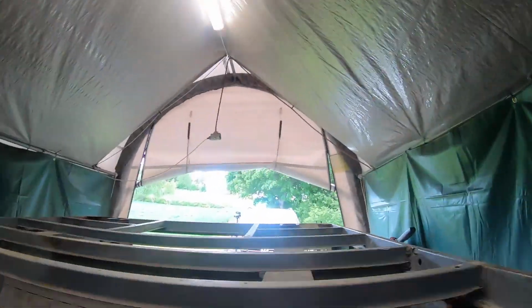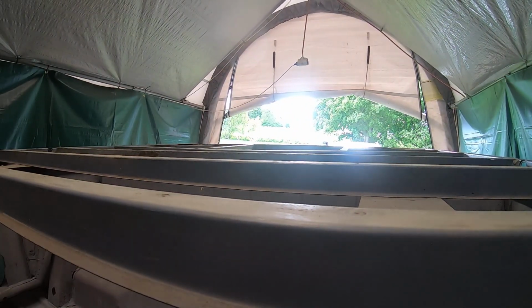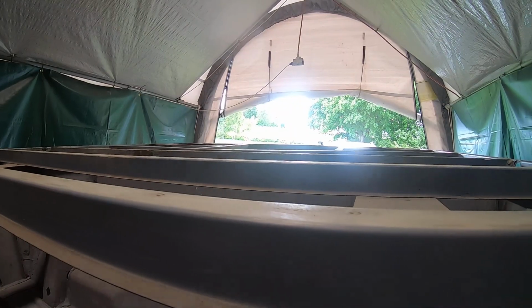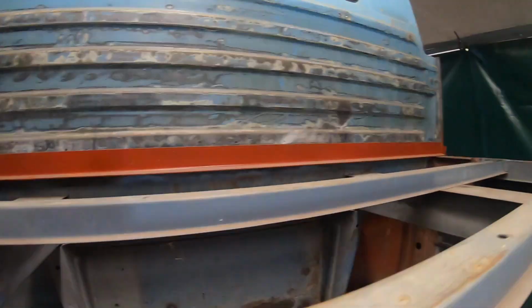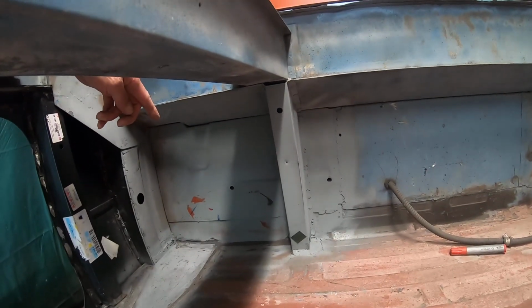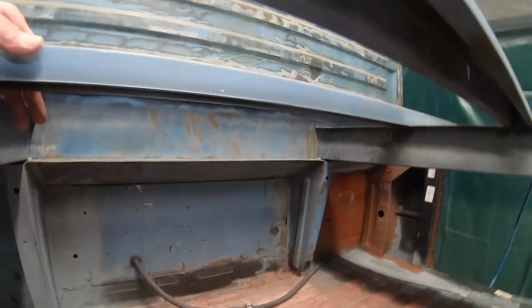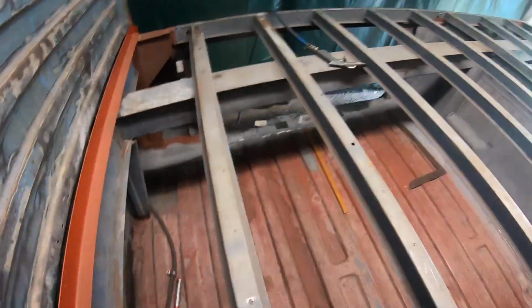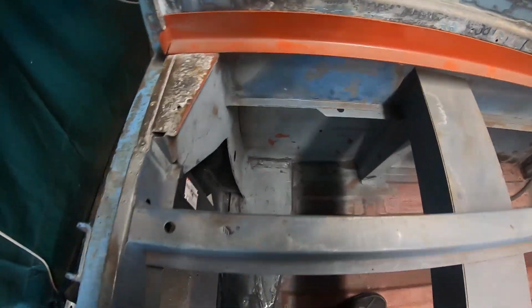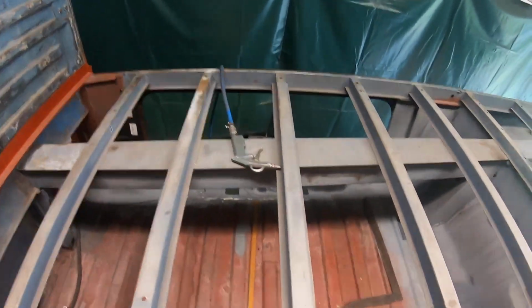So I want to show you a few from the upside and below. This panel into the driver's cabin I welded in new, and also the part over there. I also want to show you the floor in here, what I've done and what it looks like